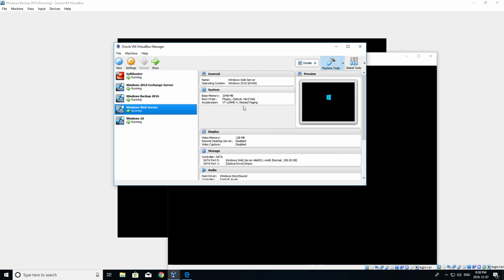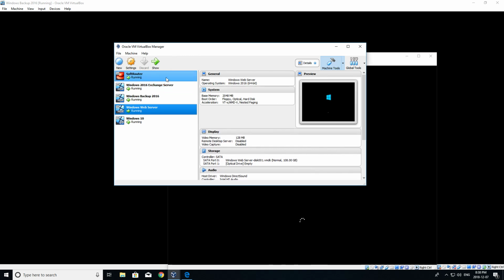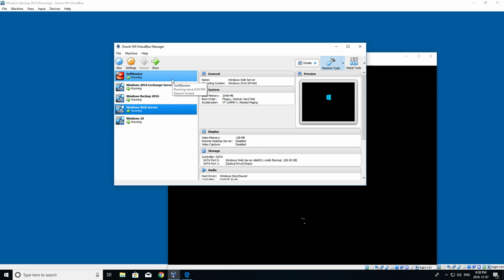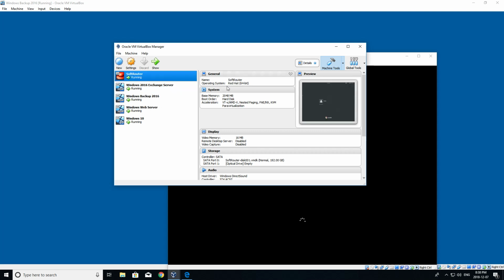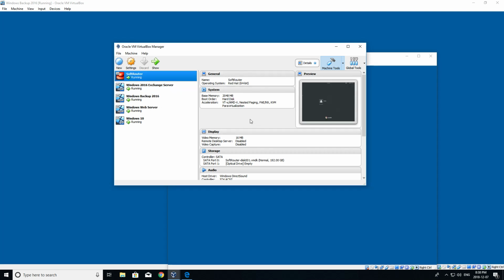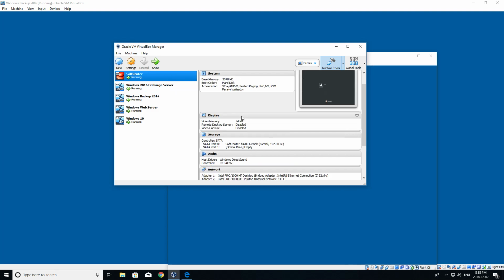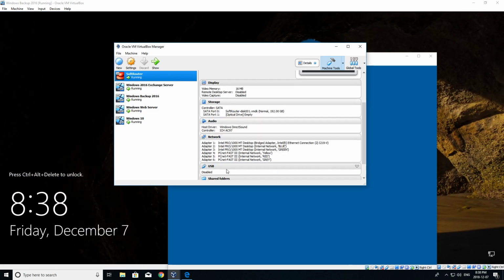Now very quickly I do want to speak about the configurations of my machines. The soft router has 2 gigs of RAM, only one processor dedicated to it, and it has 6 networks connected to it. The first one's the bridged adapter that I have set up with DHCP to communicate to the